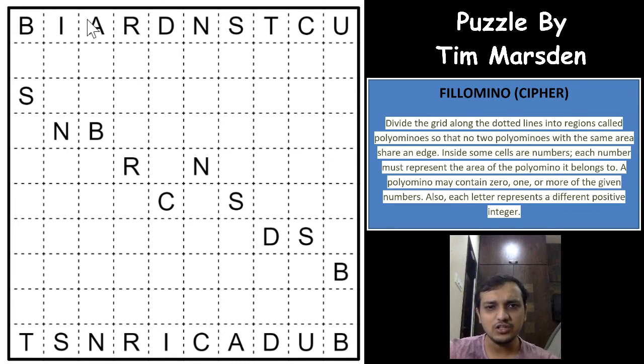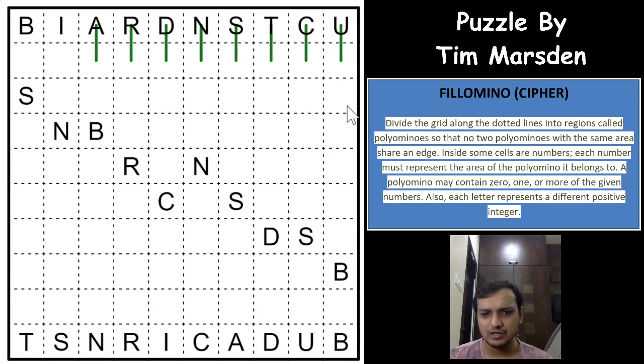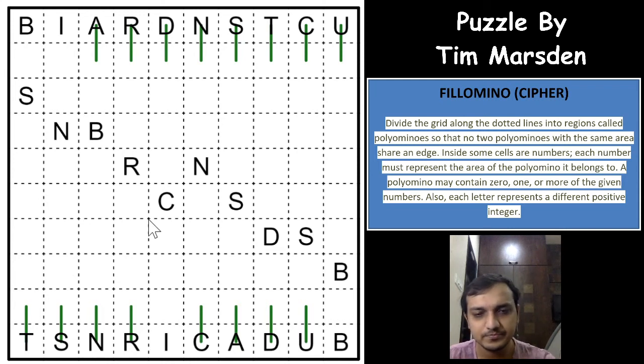Which means that all the other alphabets will be either 2 or greater than 2. It is not possible for two different alphabets to have the same value. So according to the Cipher-Filomeno rule, every alphabet indicates a different positive integer. So when you have A as 2, you cannot have D as 2 as well. D has to be something other than 2, because you have already taken a 2 as A, right? So in this case, we have already marked either B or I being a 1, right? So we can extend all the other alphabets for being 2 or greater than 2, right?